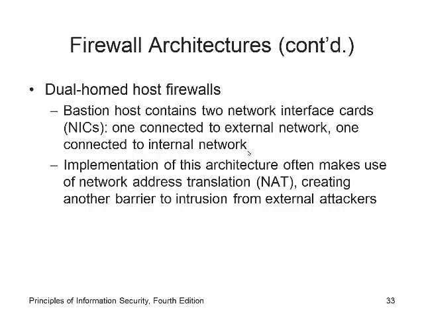Okay, dual homed, also known as bastion hosts, usually have two network cards. I don't think they show us a picture of this one, but it says it contains two network interface cards, one connected to the internal network, one connected to the external. It implements something called NAT, Network Address Translation. What that is, we actually saw a picture of a state table. That's pretty much what it is.